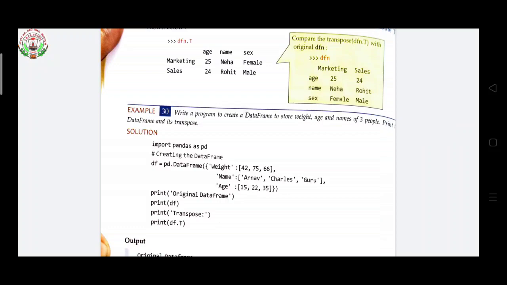Weight first: 42, 75, 66. Next column is name, so you put 3 names, and the third one is age, so insert 3 ages. Now print the original data frame, print df, then print the transpose, print df.T.